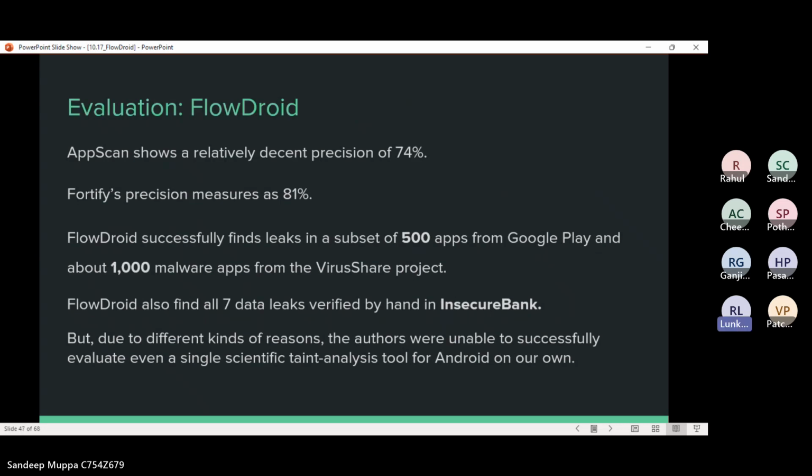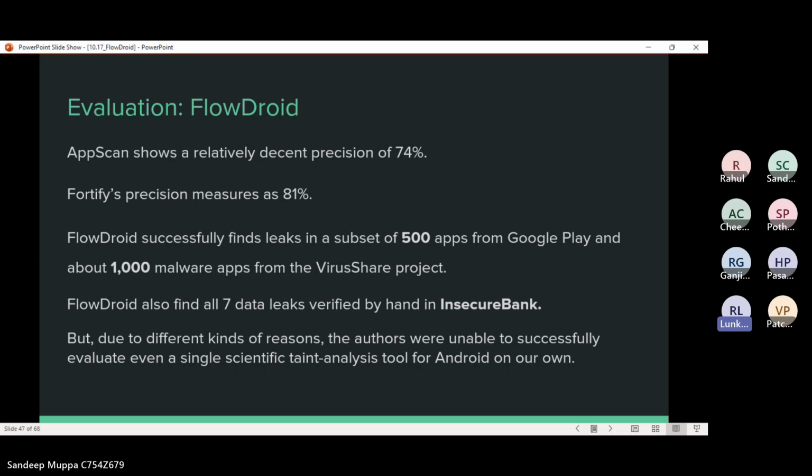So continuing with these questions, there were a lot of evaluations on FlowDroid. The precision measure for FlowDroid was 81%, as we already spoke, and the precision of AppScan was 74%.